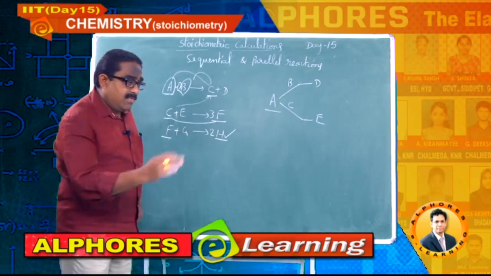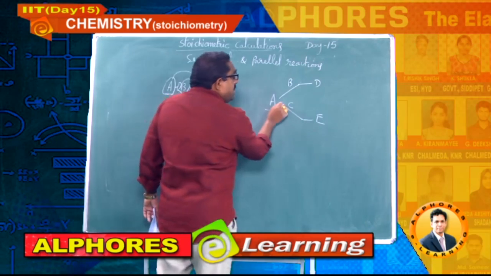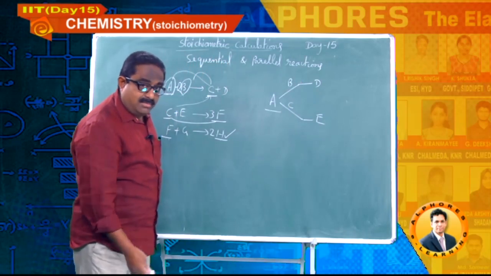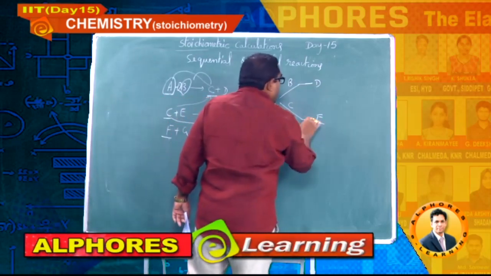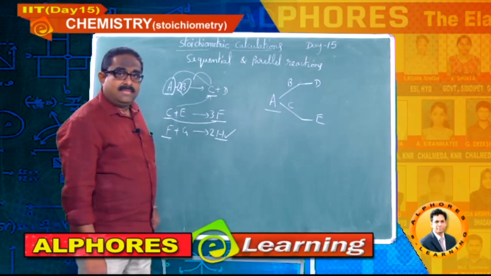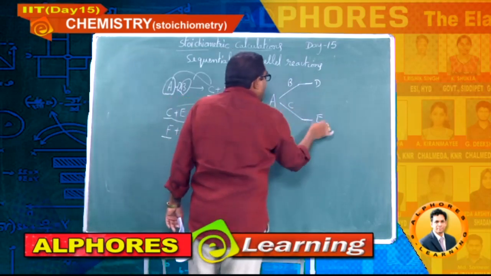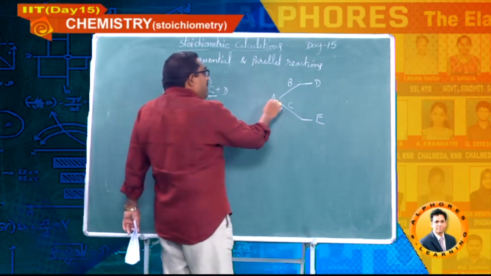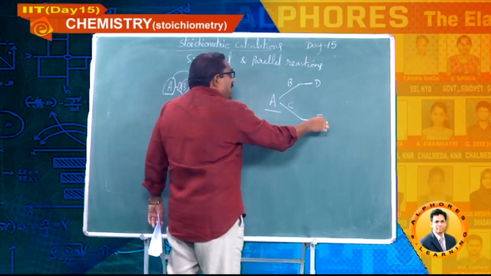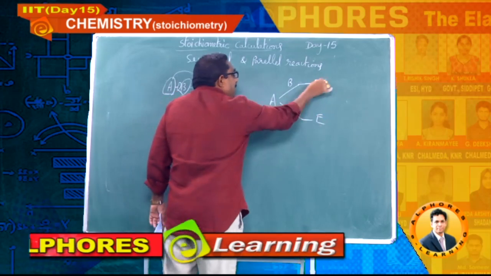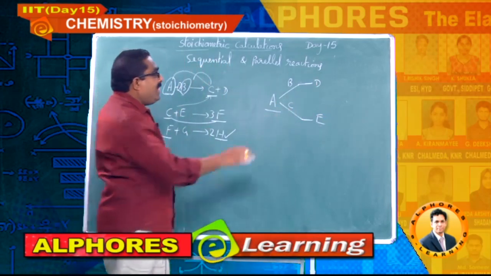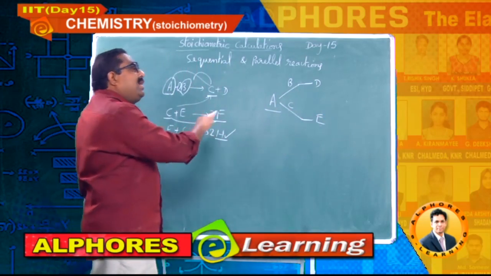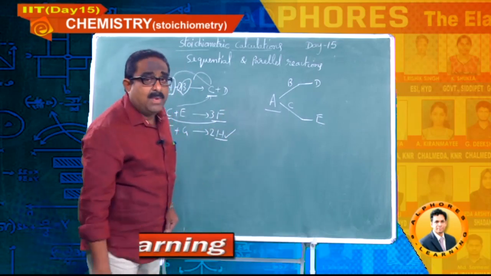For the given amount of A, some moles will react with C and some part of A will react with B. It means at the same time you will get some moles of D and some moles of E. So based on the data of D and E, you can estimate the moles of A, or you will be given A, B and E, and you can calculate D and C. If you have a total of 5 chemicals and you are given 3, you can calculate the remaining 2. Again, in that, weight volume reactions may take place.